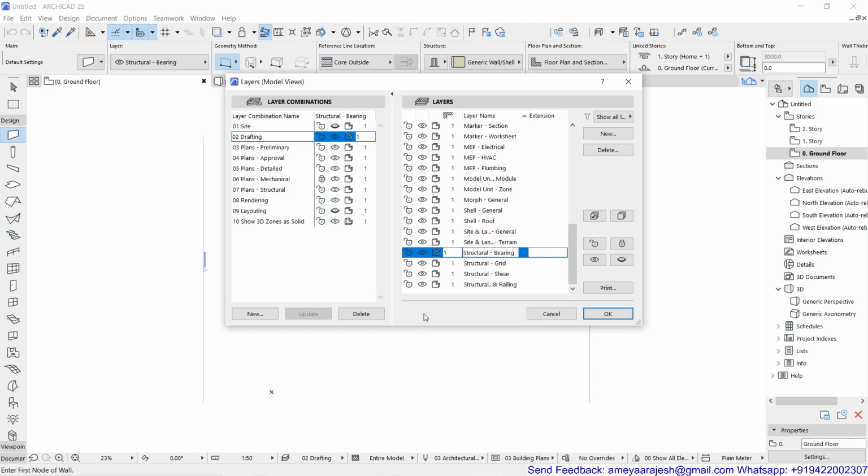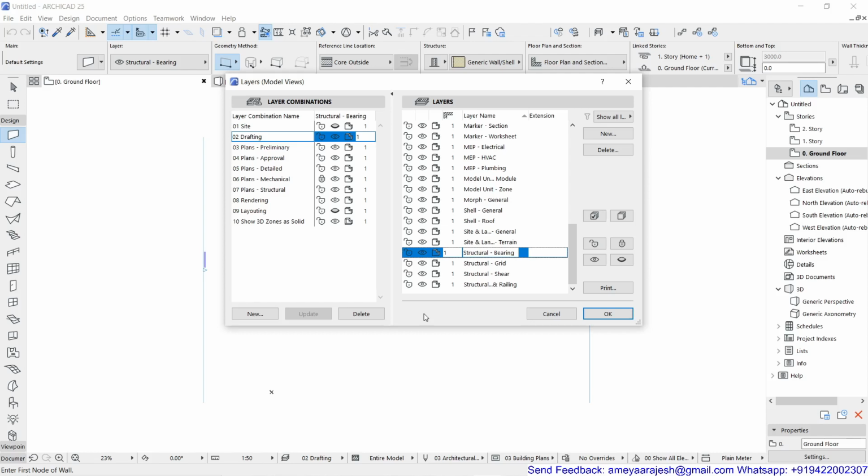See, the layers will help you to isolate your data, and you can control your virtual building for its appearance, display, and printing, or at the time of editing. The more the data is organized layer-wise, the easier it will be for you to manage it.